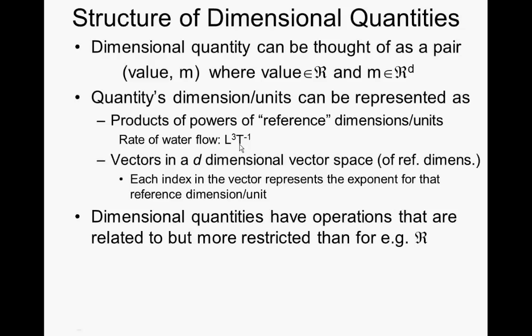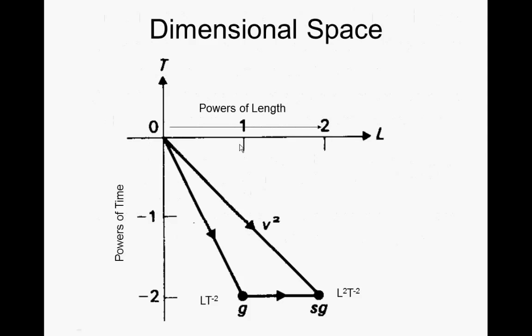And it turns out that the fact that we have these pairings of a value and a dimension constrains what we can do meaningfully with them. So, for example, we might express